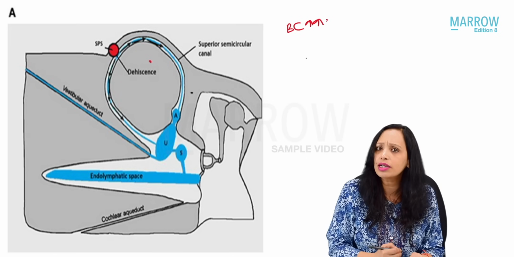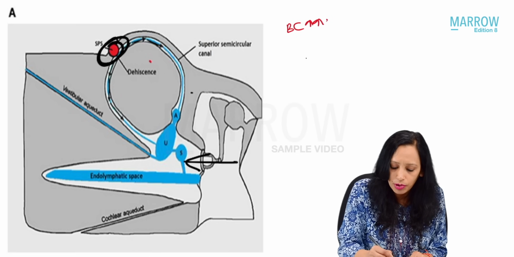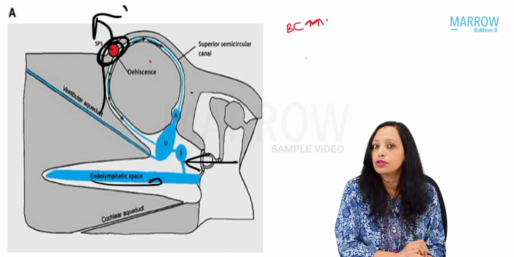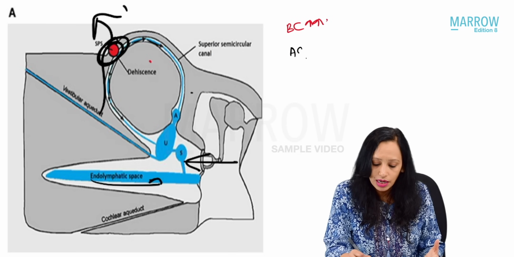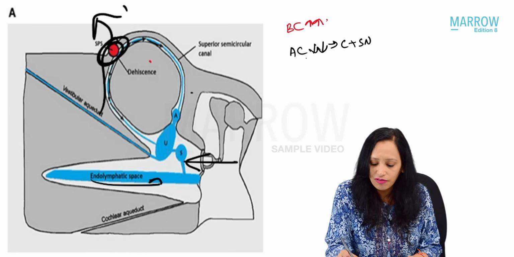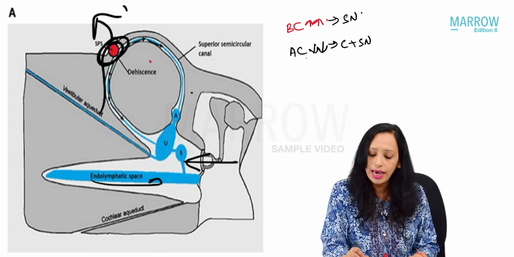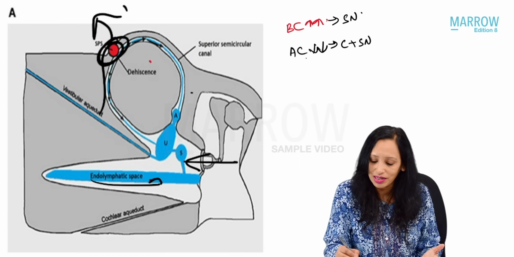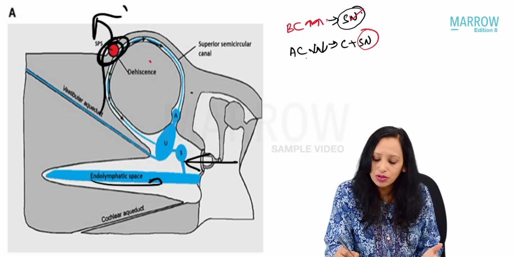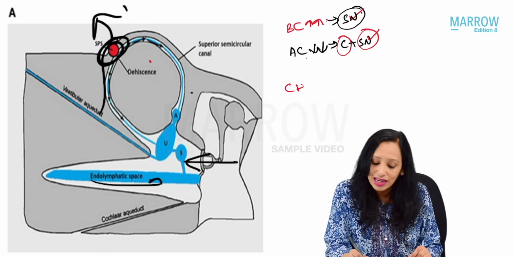And what happens to the air conduction sounds? The air conduction sound, when they are entering into the inner ear, because of this abnormal opening, some of it is getting lost before it reaches the organ of Corti. So, the air conduction sounds go down. Air conduction is a measure of conductive plus sensorineural, bone conduction is the sensorineural pathway. So, when the air conduction goes down and the bone conduction is good, we think what is good? Sensorineural pathway is good. So, if the sensorineural pathway is good, where is the defect? Conductive hearing loss. So, these patients have conductive hearing loss.